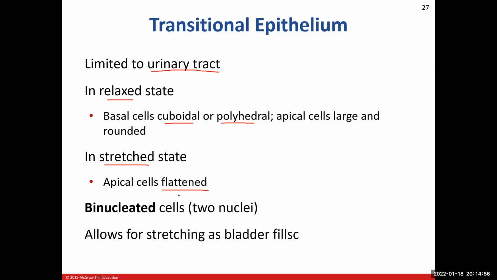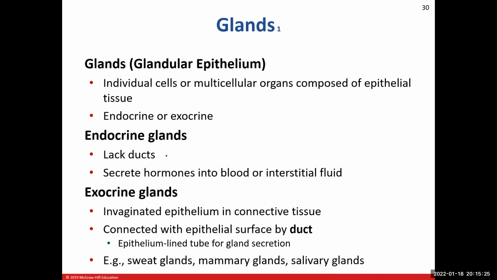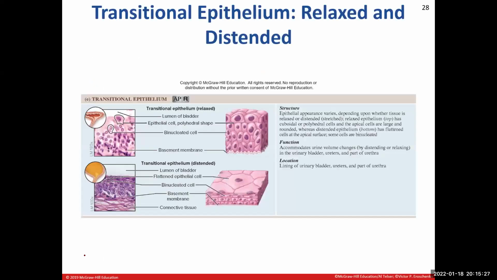One of the interesting characteristics about transitional epithelium is that it has what we call binucleated cells, which means that some of these cells will appear to have not one nucleus, but two nuclei. And so another name for that is owl eyes. And so I'll show you a picture here in a second. Well, here, let me just show you. I got another picture here. I thought I did. I guess I didn't have a picture. Here